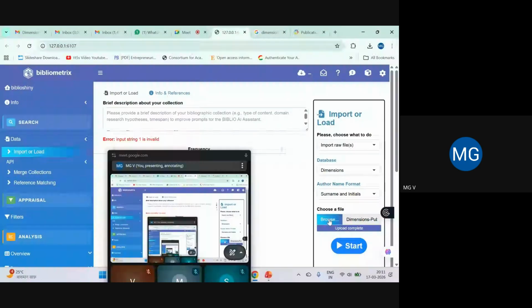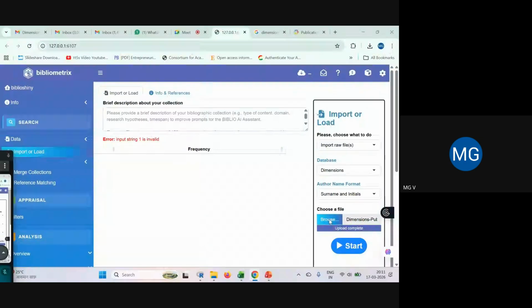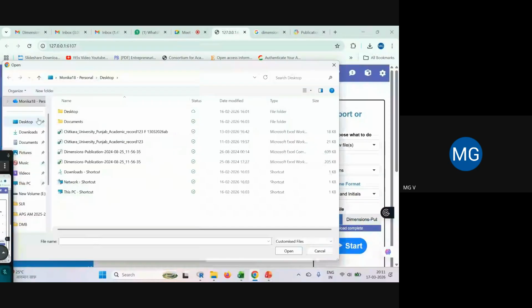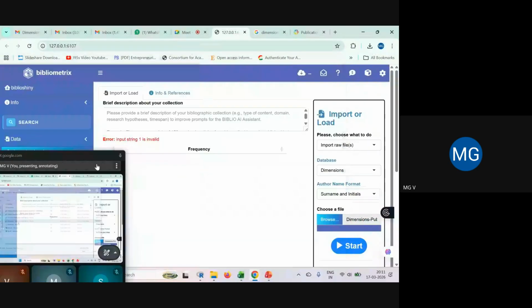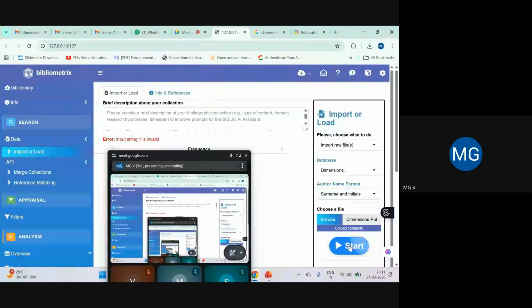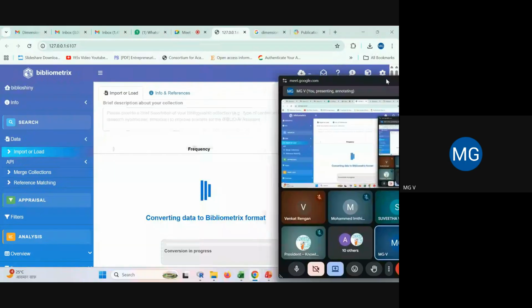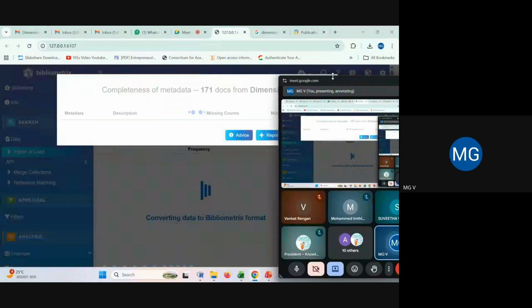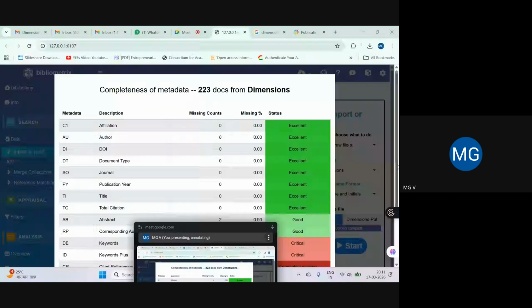Upload complete. Let me check it again. What happened? Desktop. This one. And start. Yes. Converting the data into bibliometric format. So see, again, I got the files categorized.